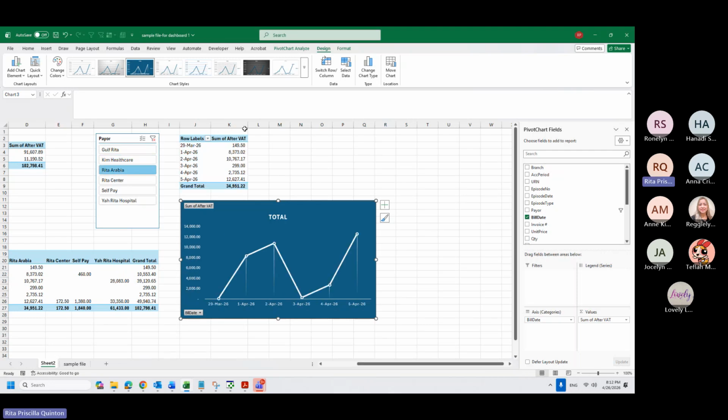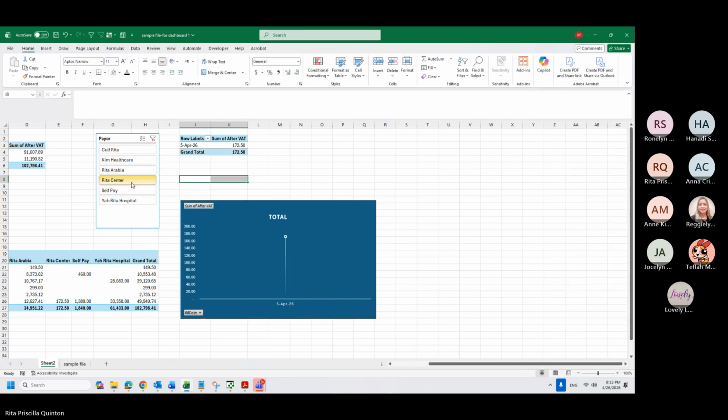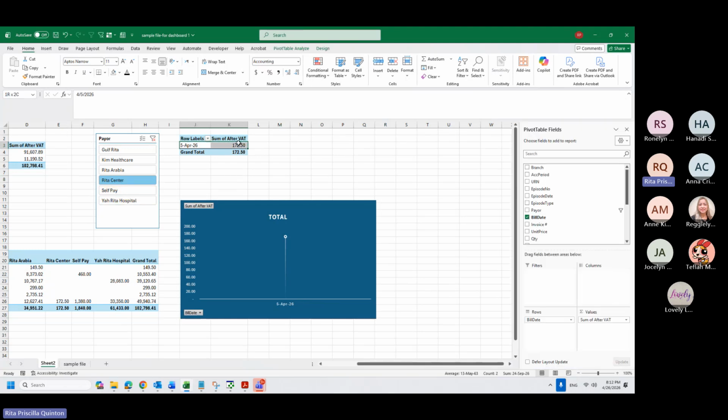You see, as this changes, this also changes. This is April 5, around 13,000. Yes, so it's correct here. It means for Rita Center, it only has one claim, which is on April 5.